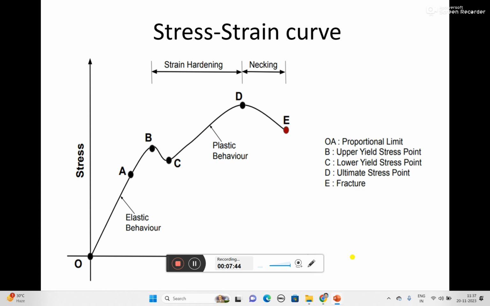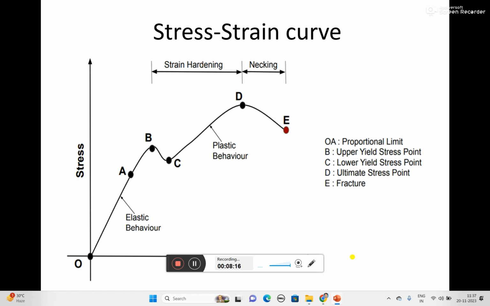And elastic point, from point O to B, the nature of the material will be elastic. I already mentioned that, and sometimes the zone is known as the elastic limit zone, that is O to B. O to A is the proportional limit zone, and O to B is known as the elastic limit zone. Because up to the point B, the material will have the tendency to come back to gain its original